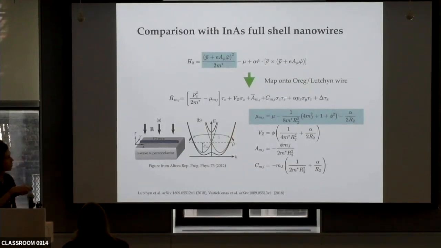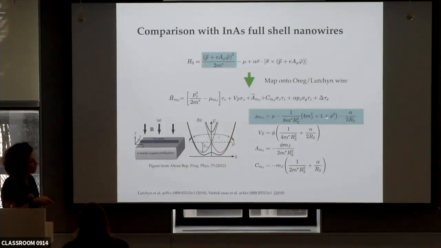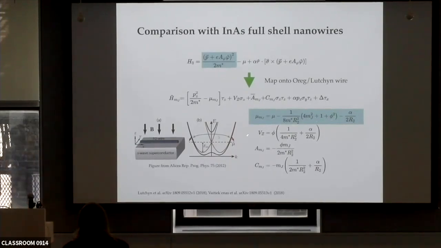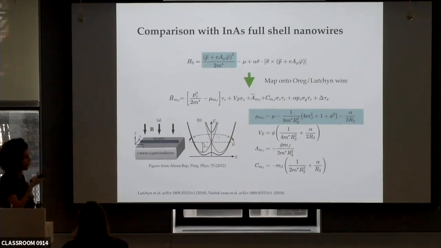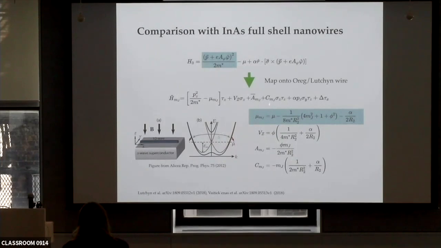However, all the parameters in this model are renormalized parameters. So the chemical potential is an effective chemical potential that depends on various parameters of the system, like spin orbit coupling and flux detuning from half flux quantum. Also, the Zeeman coupling depends on this flux detuning. And if you want to get phase winding, then you want to be around half flux quantum, so this would be a small quantity. So basically the difference between this system, in which you want to nail your chemical potential into this gap, is that it will depend on various parameters.